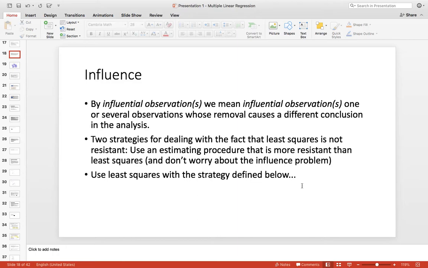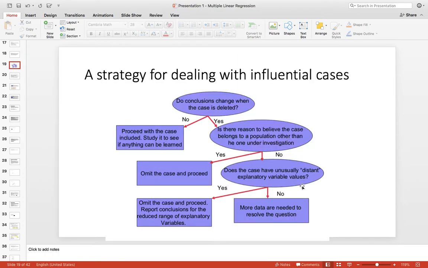Two strategies for dealing with the fact that least squares is not resistant. One: use an estimating procedure that is more resistant than least squares, and don't worry about the influence problem. Two: use least squares with the strategy defined below. So this would be the strategy for dealing with influential observations.